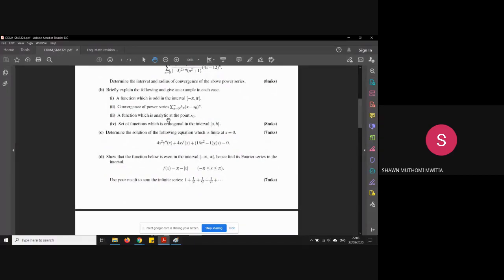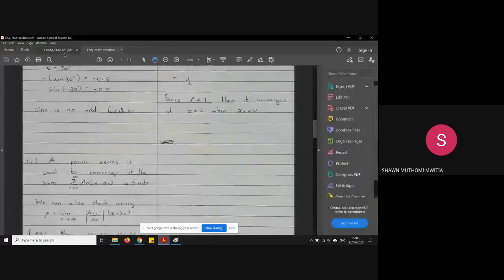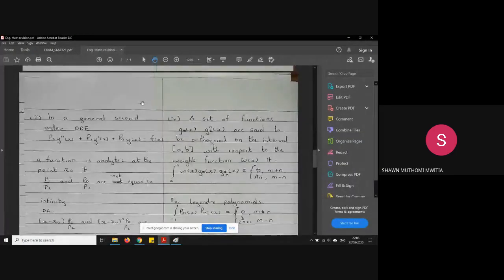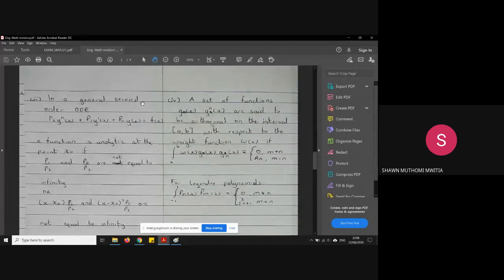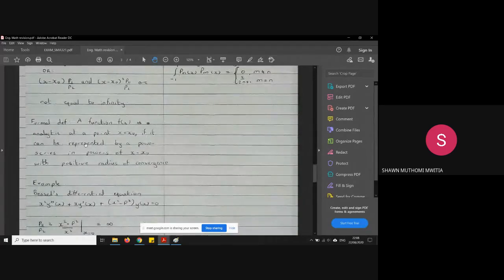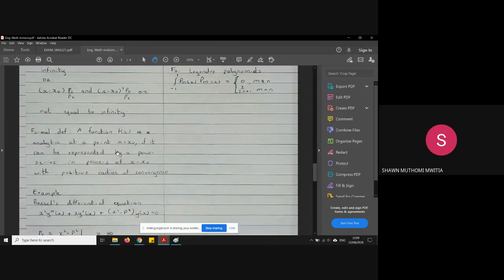Part 3, a function which is analytic at the point x naught. You can just ignore this. We got this formal definition from Gicheru. It said a function f(x) is analytic at a point x equals x naught if it can be represented by a power series in powers of x minus x naught with a positive radius of convergence. Do I know what that means? No. But from the notes,